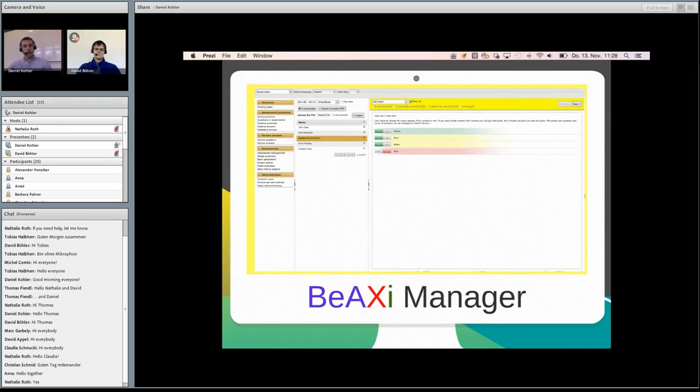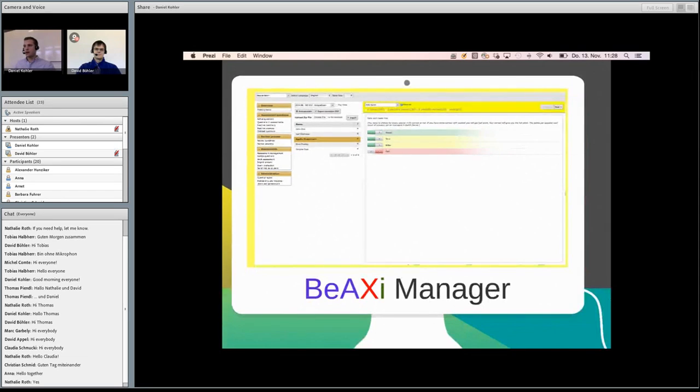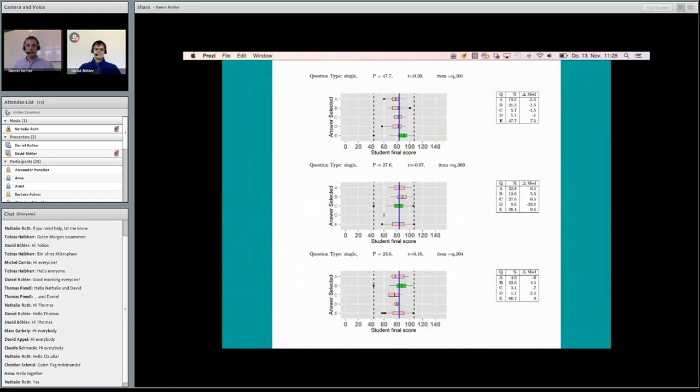And you can also export this data to Excel files, for example, to do further statistical evaluations. You can also use the inbuilt statistical information that BeAXi Manager provides, which I will talk about right now.